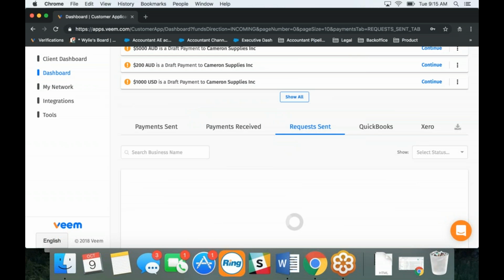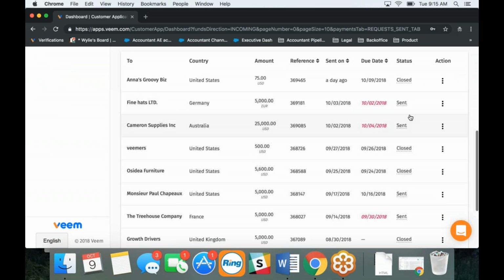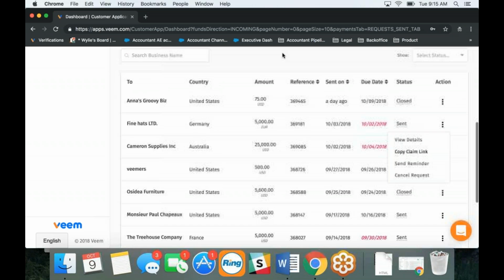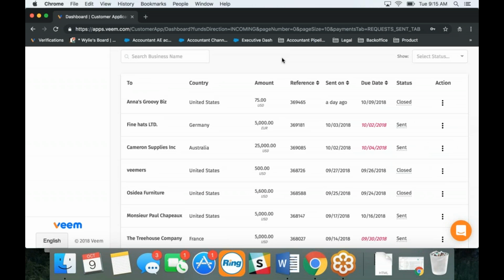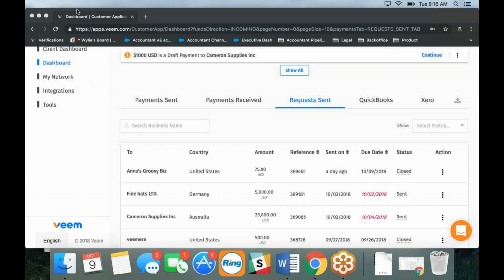Just like Venmo, you can also see the requests that maybe haven't been paid just yet, and send a reminder if you need to let that kind of problem client know that he needs to send that along. You can also track your client's cash flow in this way, just knowing what's not coming in, what's not going out just yet. We are only integrated with QuickBooks Online, Xero, and